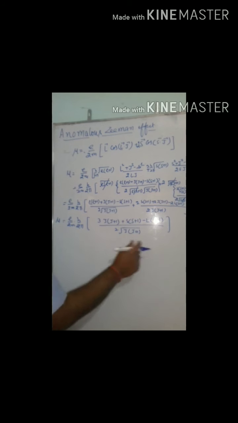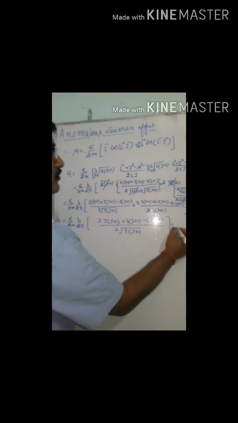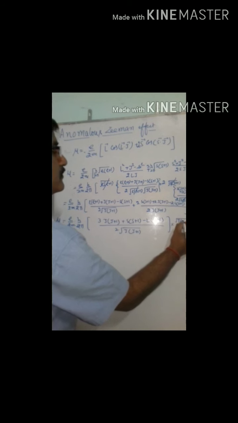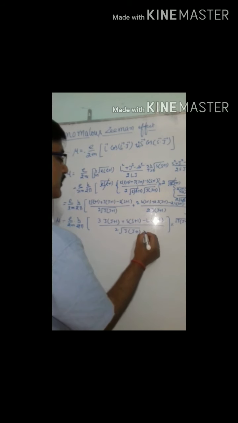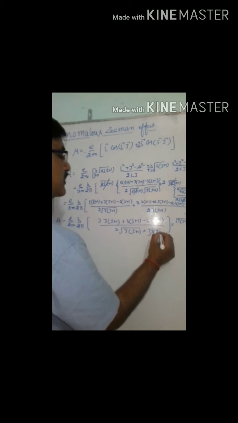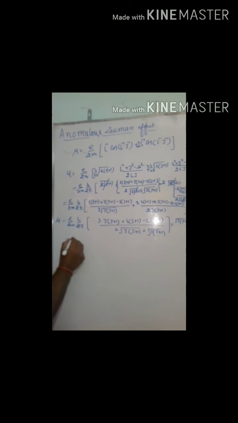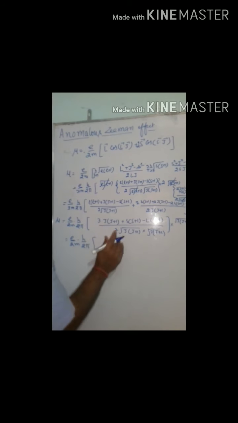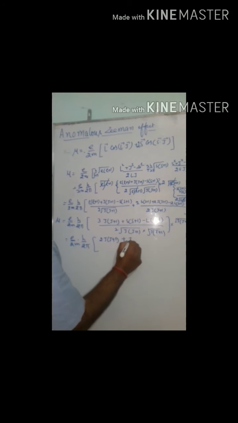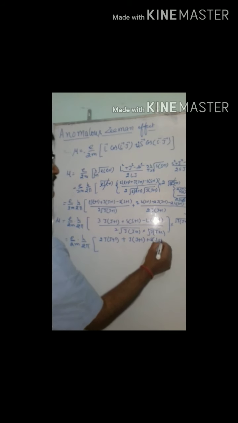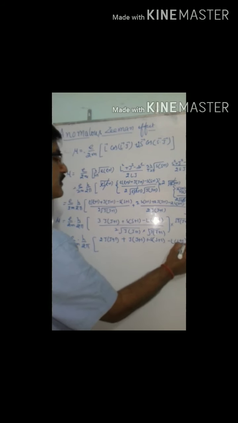If I multiply by under root of j into j plus 1 throughout the equation and divide it, and here j into j plus 1, then it is E upon 2m into h upon 2 pi. Here it is 3j. 3j can be written as equal to 2 times j into j plus 1 plus j into j plus 1, that is 3j, plus S into S plus 1 minus L into L plus 1.